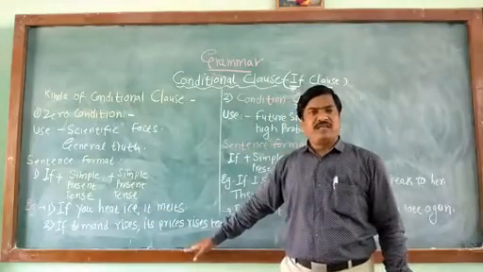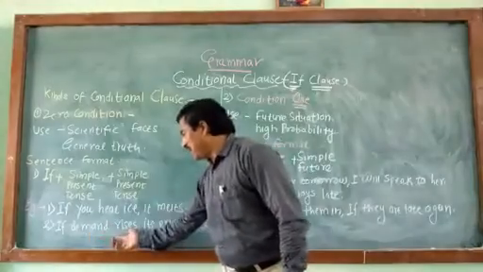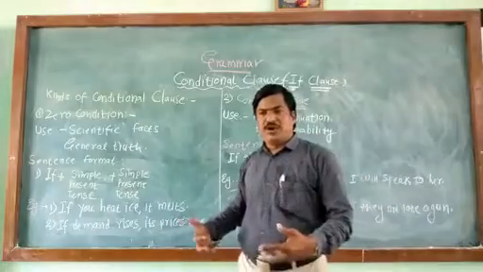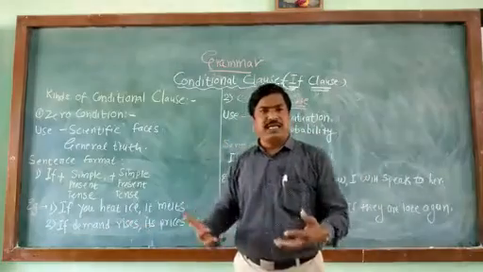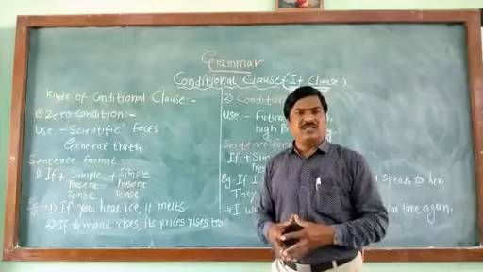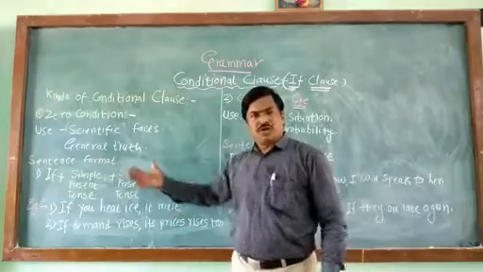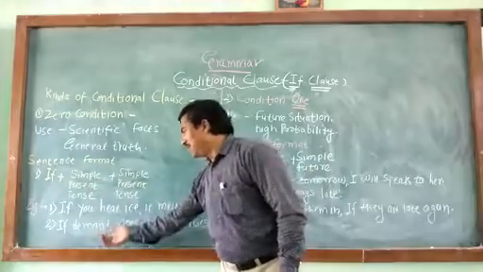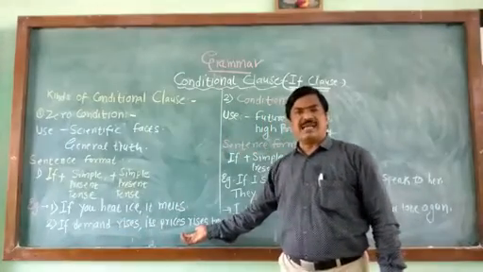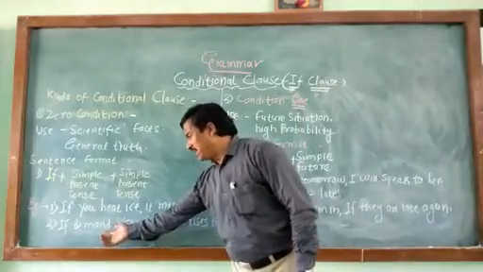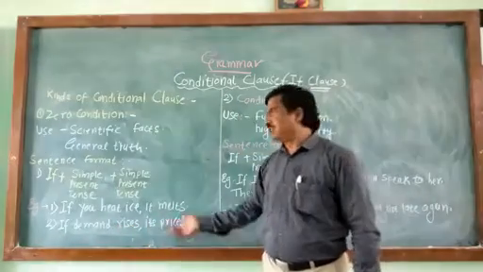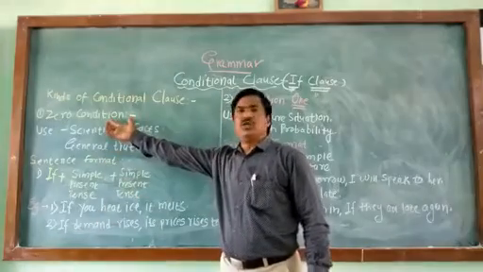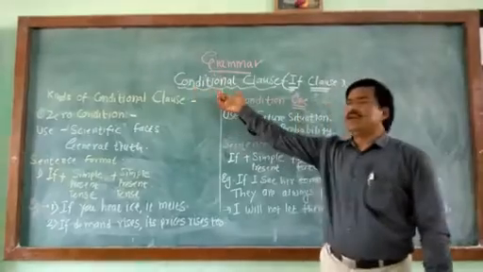Second sentence: if demand rises, its prices rise too. Means that if the demand of the product rises, automatically the price will also rise. This is the general truth. So how will you explain this general truth? If the demand rises, comma, simple present tense, and its prices rise too. Means the result of the first clause depends on the second clause. So this is the general truth. To explain such types of facts, we use zero condition. This is the first kind of the conditional clause.